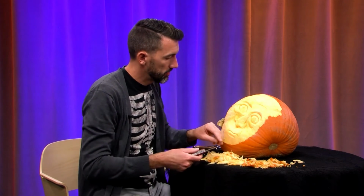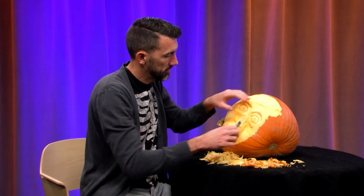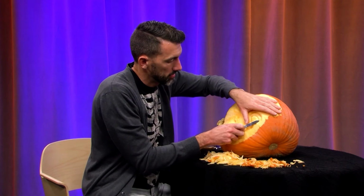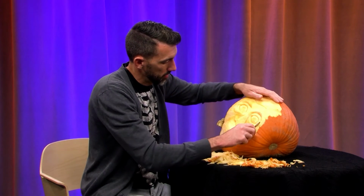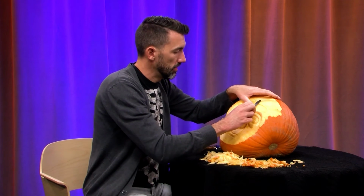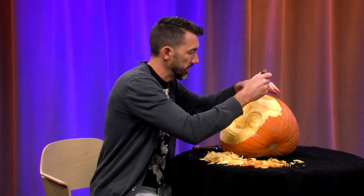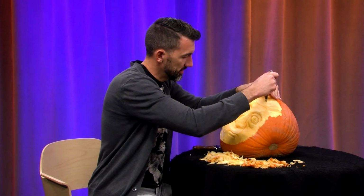And again, if you've never tried doing a pumpkin three-dimensionally, give it a shot this year. Even if you just do it with a butternut squash. Try a three-dimensional carving. But again, always watch out for your left hand if you're right-handed. If you're left-handed, watch out for your right hand. Whichever hand is not holding the knife,